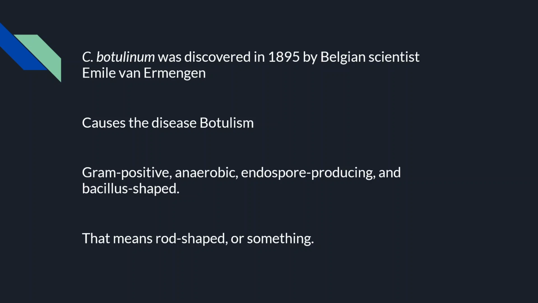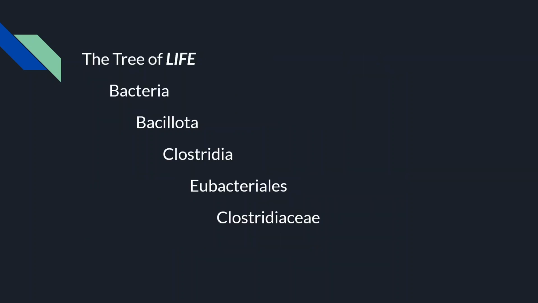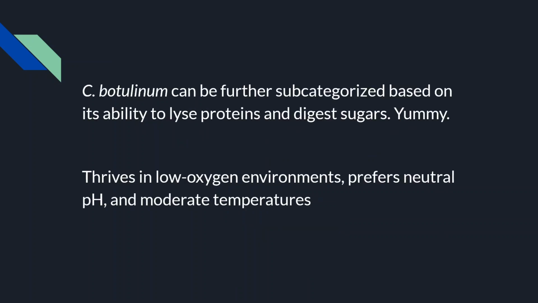C. botulinum is a gram-positive, anaerobic, endospore-producing bacteria that possesses the characteristic bacillus shape. C. botulinum is categorized within the domain Bacteria, phylum Bacillota, class Clostridia, order Eubacteriales, and family Clostridiaceae. C. botulinum can be further classified based on its ability or inability to lyse proteins and is known to be capable of metabolizing sugar. It thrives in low oxygen environments and grows optimally at a neutral pH and in moderate